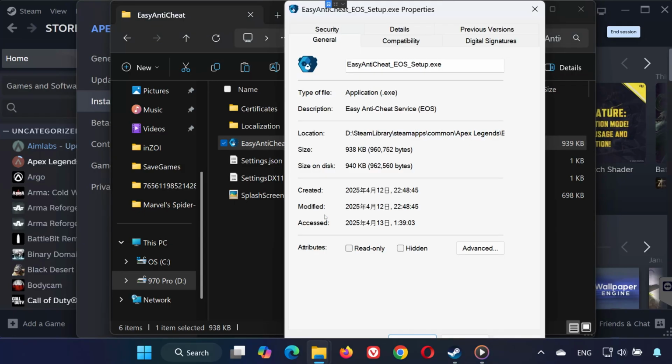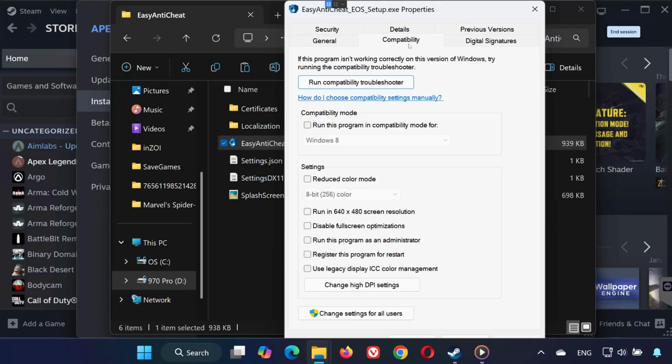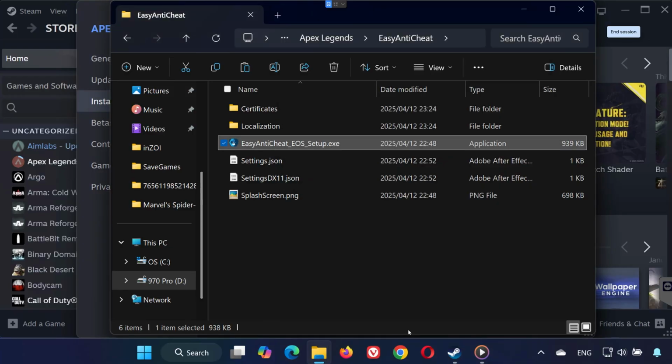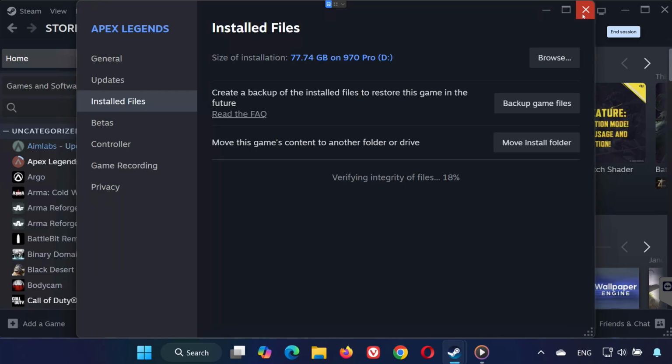Right-click on the easyanticheat.exe, go to Properties, Compatibility tab again, and make sure Run as Administrator is checked here too. This is important because if these aren't run with admin privileges, the game might fail to launch properly due to permission issues. Once you've done both of those steps, close Steam completely by right-clicking on it in your system tray